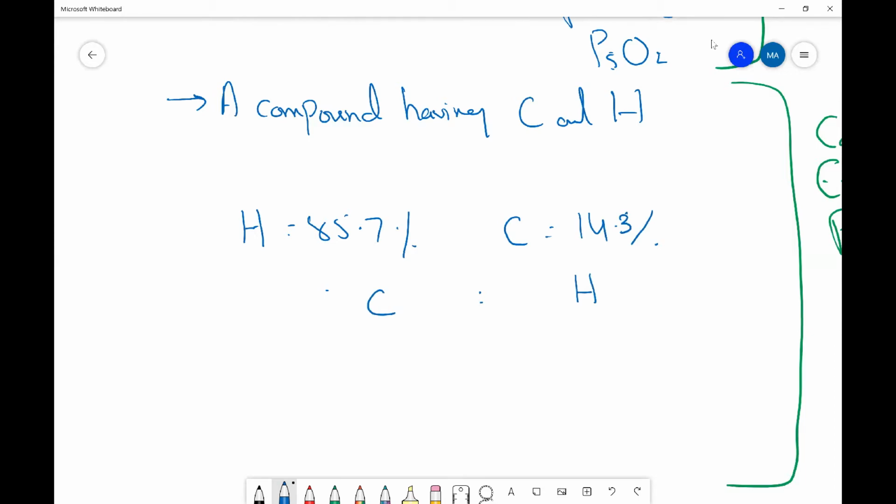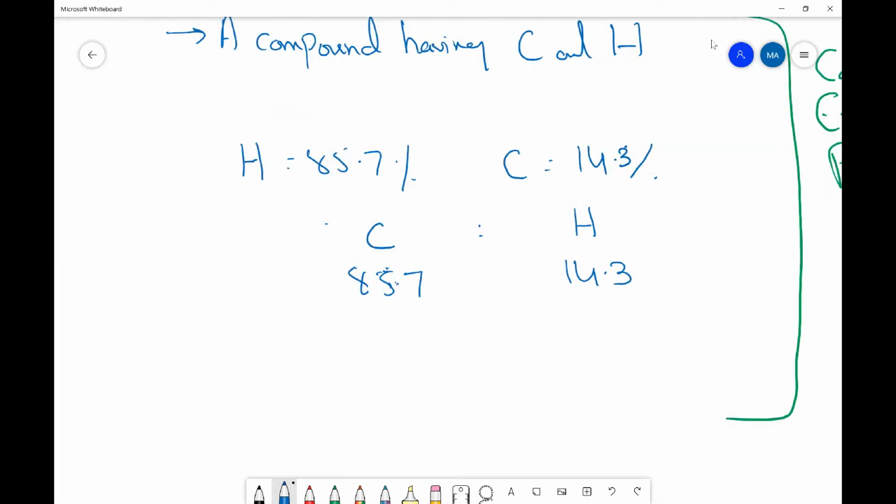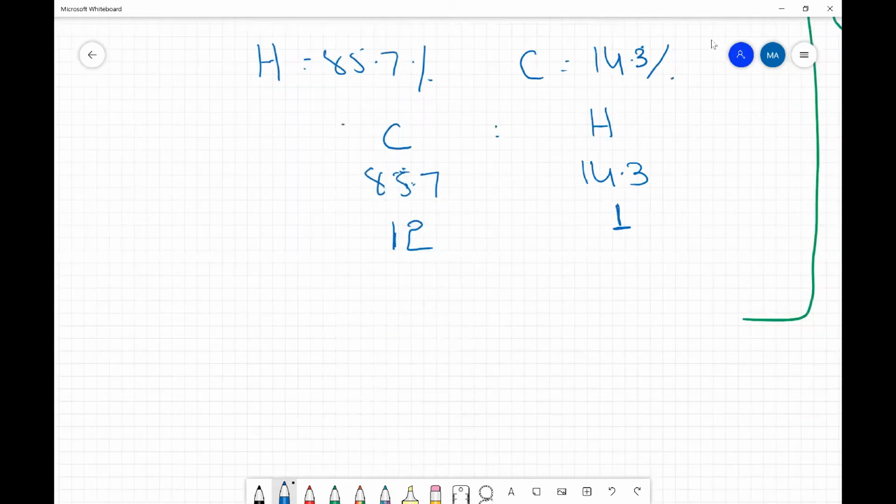So now what you're going to do is, the first step will be to write the names of these elements, then write the percentages underneath. 85.7 under carbon and 14.3 under hydrogen. Next step is to write down the MRs, the molecular masses. 12 is for carbon and 1 is for hydrogen. Once you've written these, you're going to divide the percentage